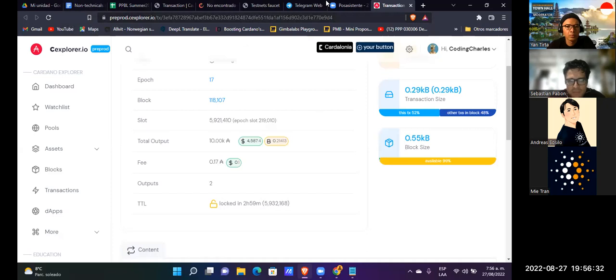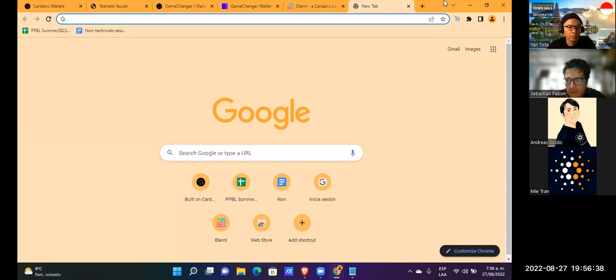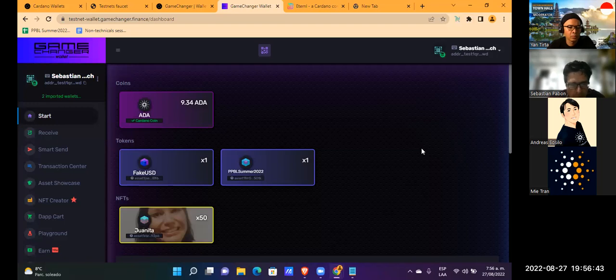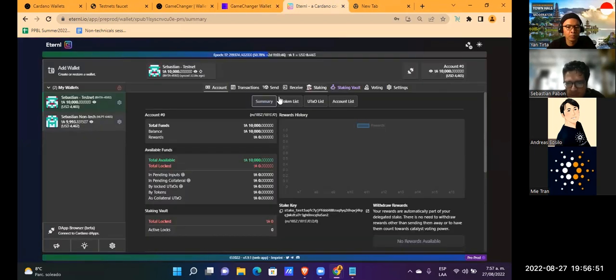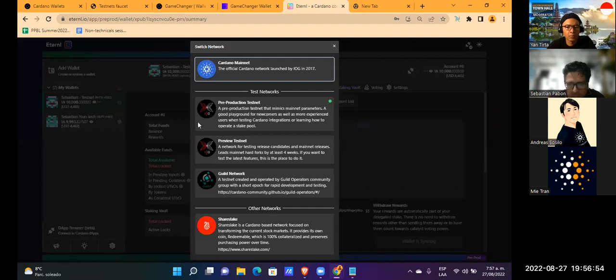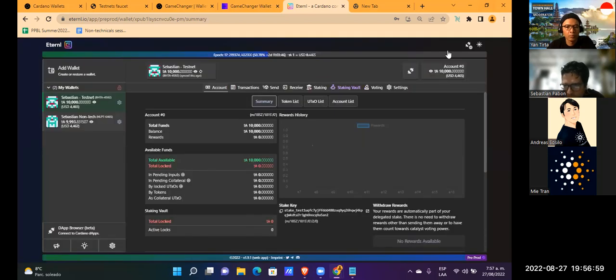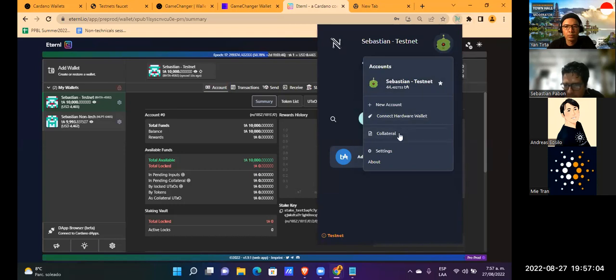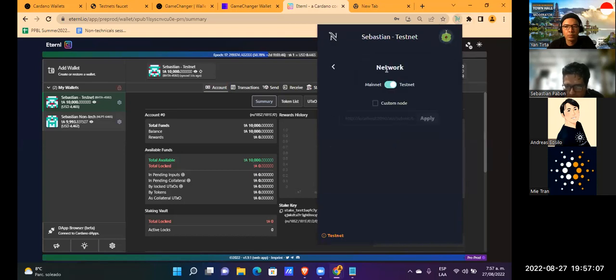I hope the other wallets, for example, Nami or Gamechanger itself, have already fixed this thing of the pre-production testnet, previous testnet and preview testnet. I hope, for example, Nami fixes those things in the next weeks.